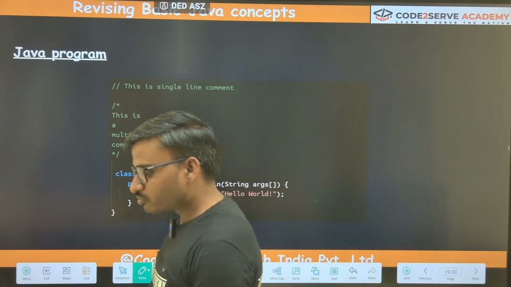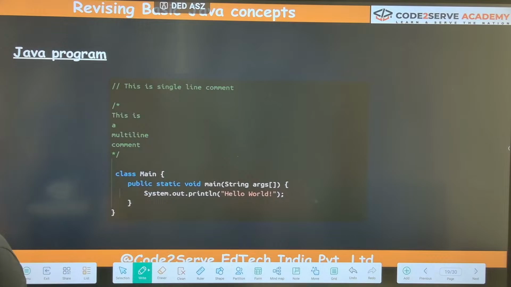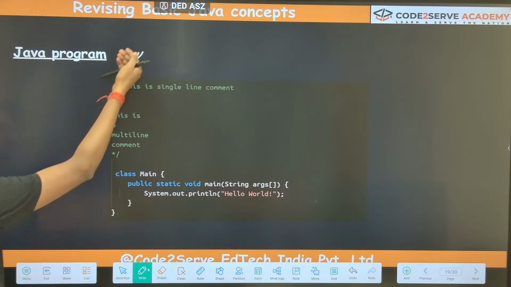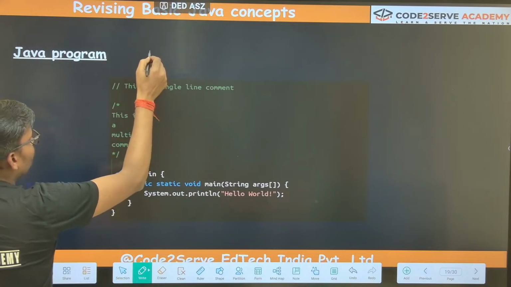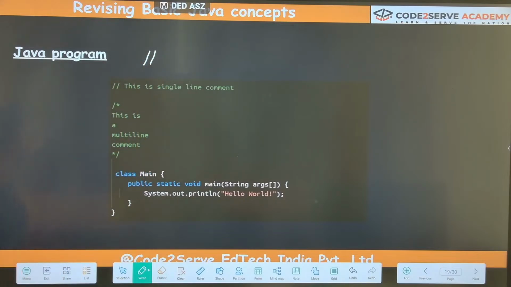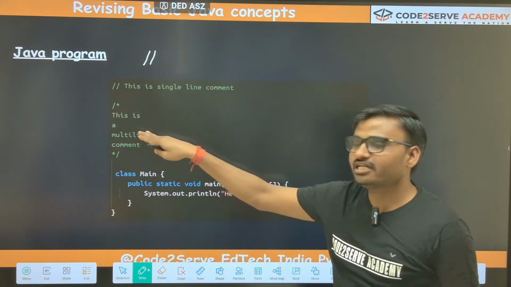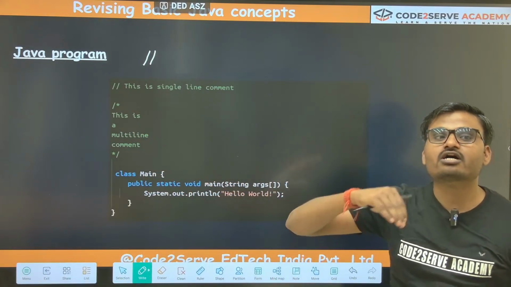We are seeing the first program. You might have done n number of code, but let's see the first basic program. So here you see, whenever we see a double slash, two forward slashes, this is a single line comment. So what is a comment? A comment is basically what you write for yourself or for other developers.